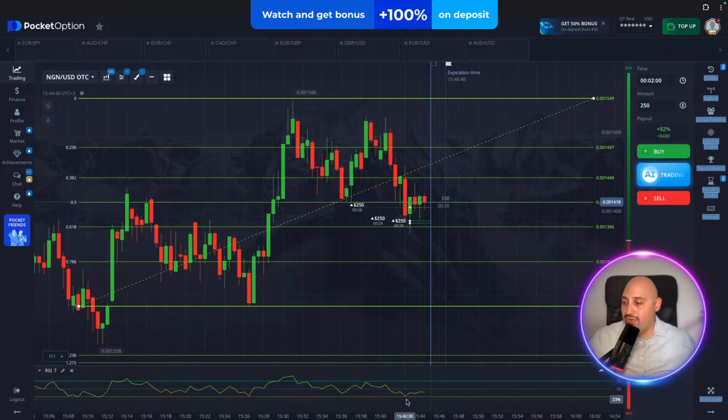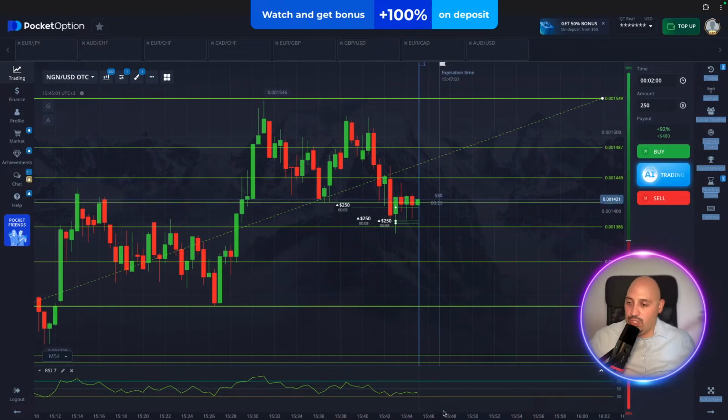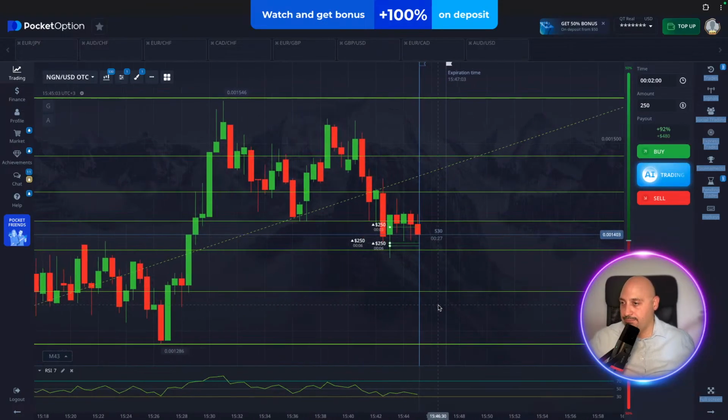My RSI did show me oversold, not the perfect oversold where it pierced the bottom and is trying to come back up. It is showing me oversold though. The last time we saw the oversold was here, and it wasn't perfectly oversold. This was, I would say, 90-95% oversold. This one I would say was 80% oversold. Of course, the 100% oversold is when you go even lower than 30. Nevertheless,